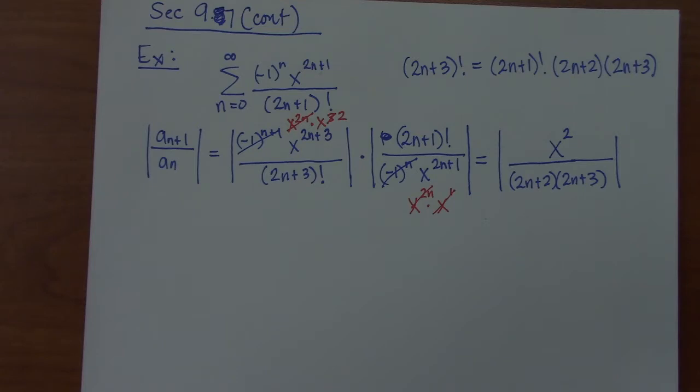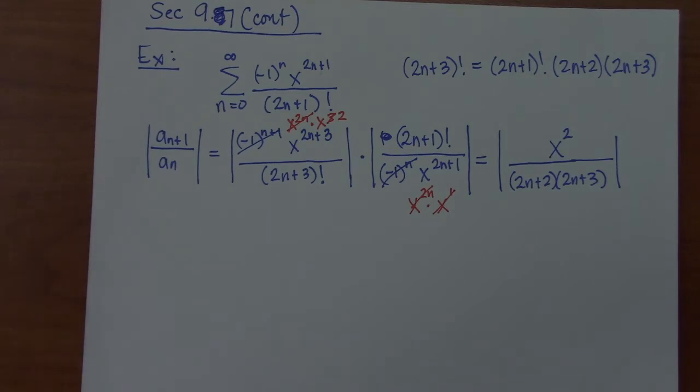All right, so when it's added, you can just split them apart like that. So now what's going to happen is we need to take the limit as this goes to infinity. So we have to look at what stays in absolute value and what does not. So the ends are just the counting numbers, 0 through infinity. So the denominator of this guy will always be positive. So the only thing we really need to keep in the